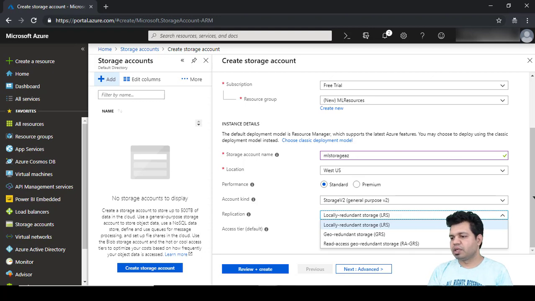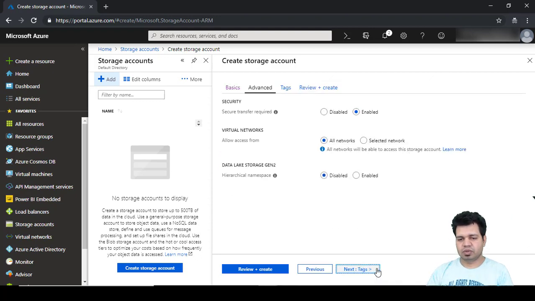Now read-access geo-redundant, RA-GRS, the third one. This option basically maximizes availability for your storage account. So RA-GRS provides read-only access to the data in the secondary location, in addition to geo-replication across two regions. So when you enable read-only access to your data in the secondary region, your data is available on the secondary endpoint as well as on the primary endpoint of your storage account. Okay, let's click on next to see the